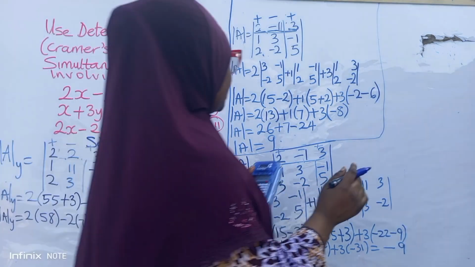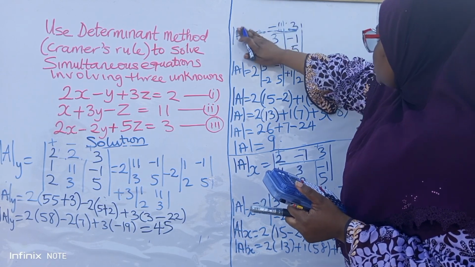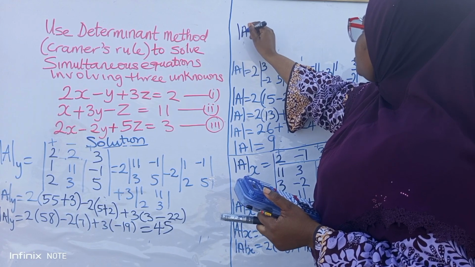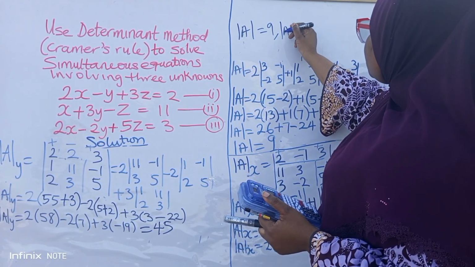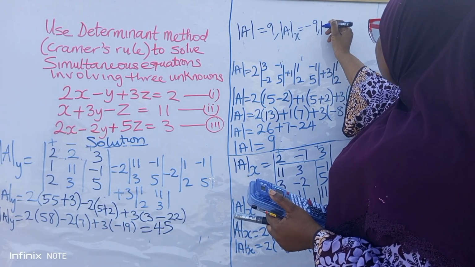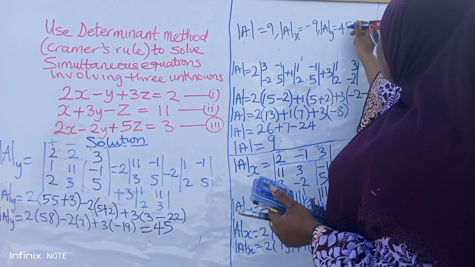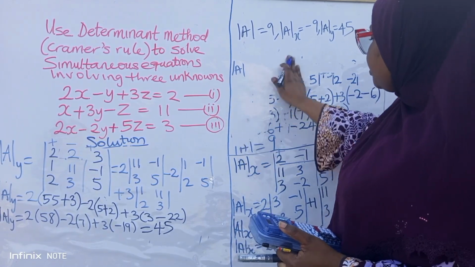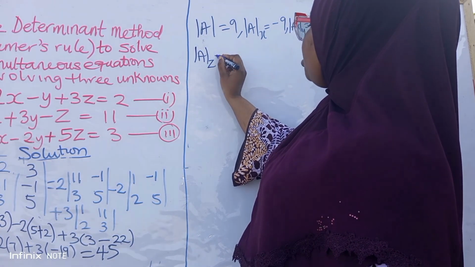So let me write them here so that I will not forget. I will need them later. Determinant of A is equal to 9. Determinant of A subscript X is equal to minus 9. Determinant of A subscript Y is equal to 45. So we need to find determinant of A subscript Z now. So determinant of A subscript Z will be,